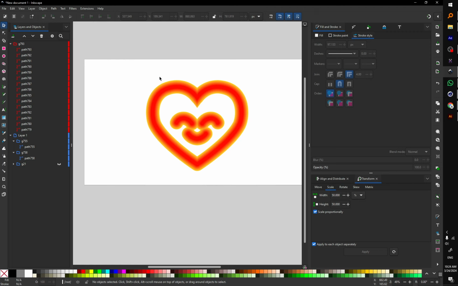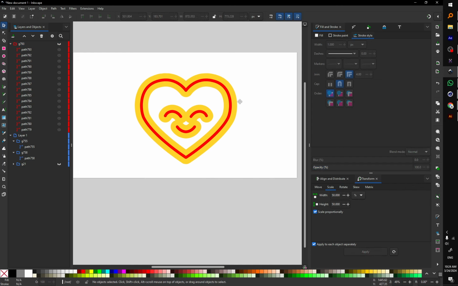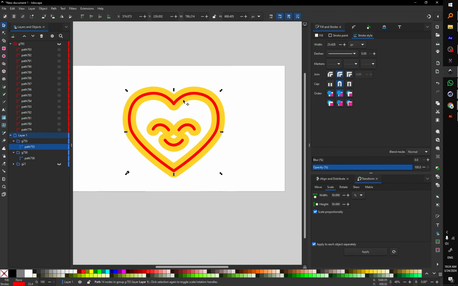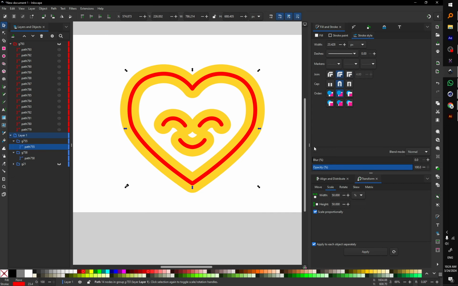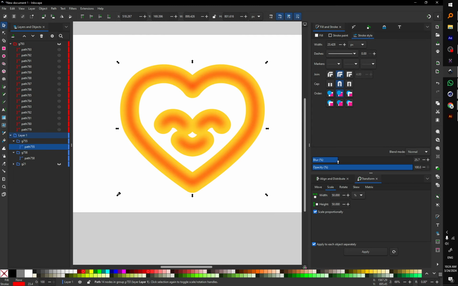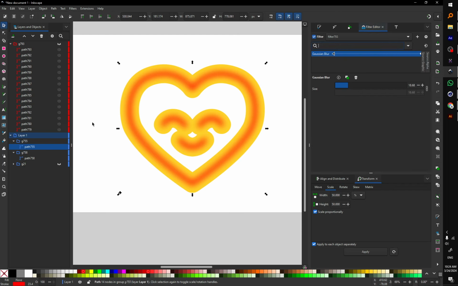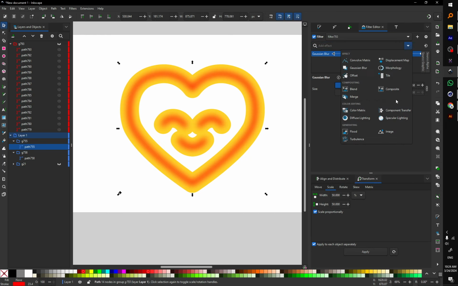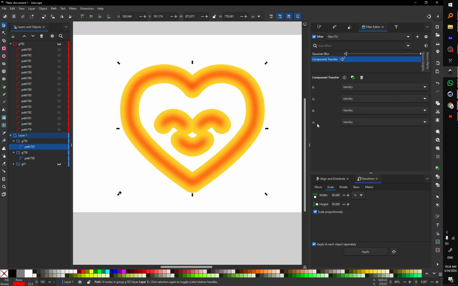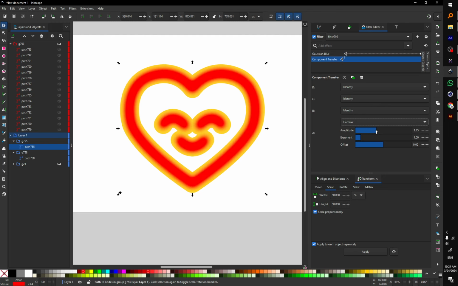And there is a second, different option for how to do this, so let's turn this off, and we can basically blur this top part until our gradient is filled, and then go to Fill and Stroke, Filter Editor, and add Component Transfer, and then change alpha to gamma, and then we can basically play with these sliders